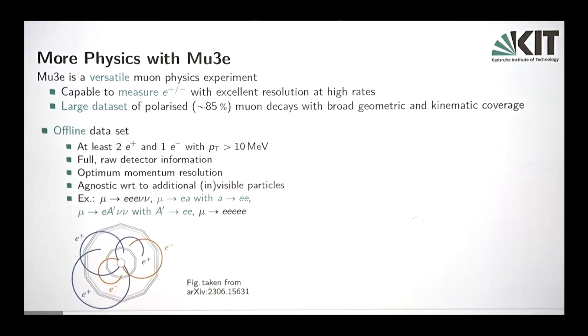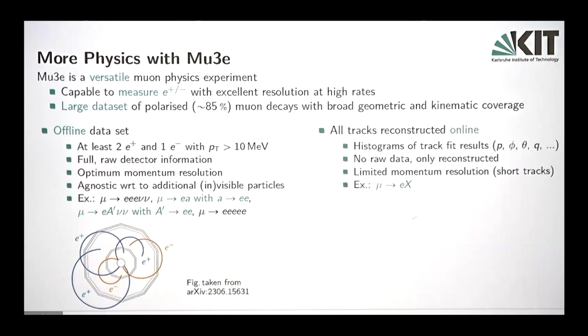So we can do Mu3e 2 neutrinos, standard model decays. We can have Mu3e A to ee, maybe even with a little bit of displacement. We can have something like a dark photon in Mu3e that decays to an e+e- pair. Mu3e 5 electrons. It needs to be seen if the 2 additional electrons actually also need to have the 10 MeV or not, because it might be possible that we can reconstruct them in the vertex layers only, but this is something to figure out because this is also prone to have fake tracks.